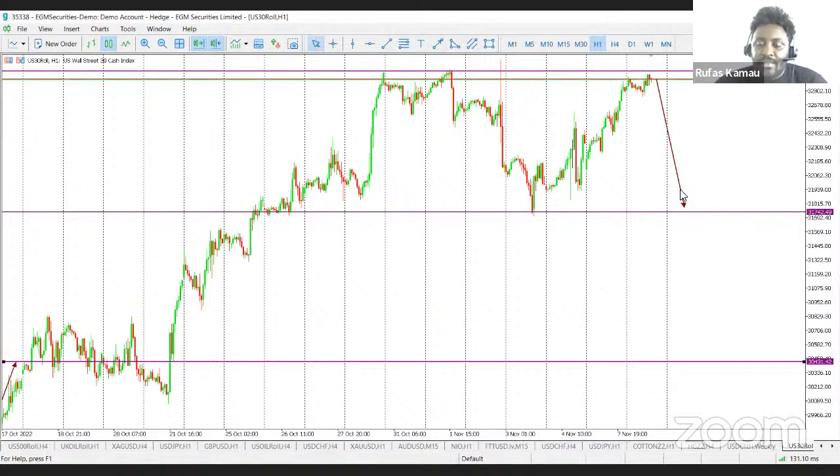However, remember, this is pegged on the inflation rate data. If inflation is moving in the right direction, then this might not happen. We could see the equities continue to rally up. But if inflation remains unreasonably high, then it means that the Fed will more than likely hike by another 75 basis points in December, and this could drive the equities back lower.